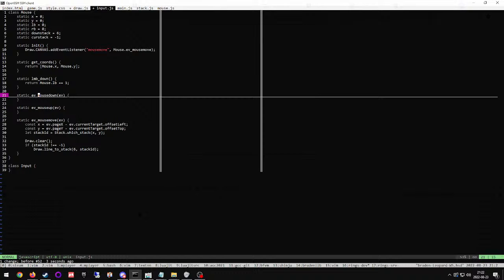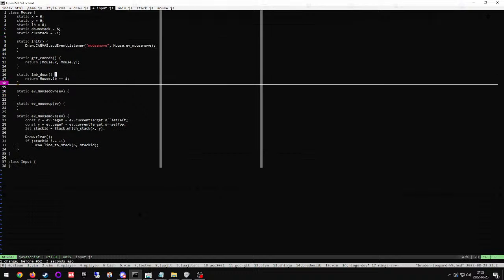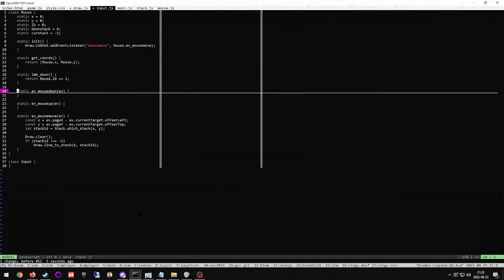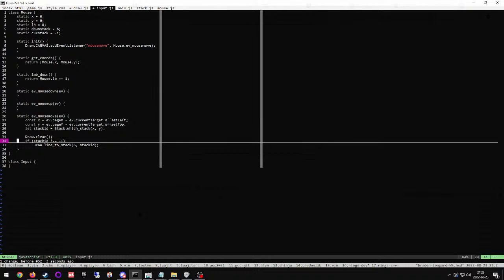And since we're not using a right mouse button, we're going to just take that out. So if stack ID isn't equal to -1,